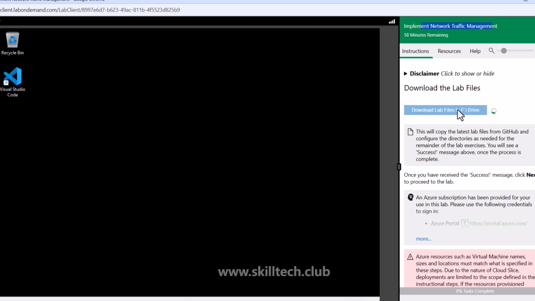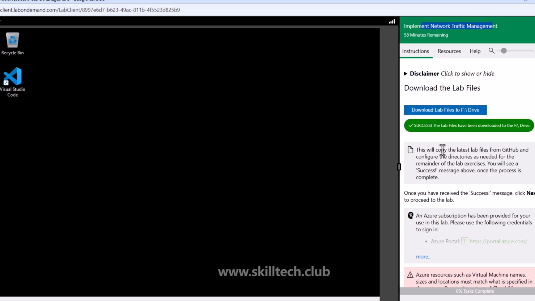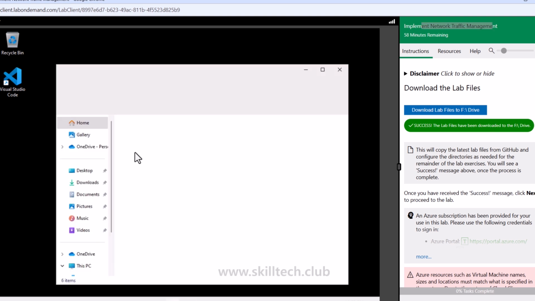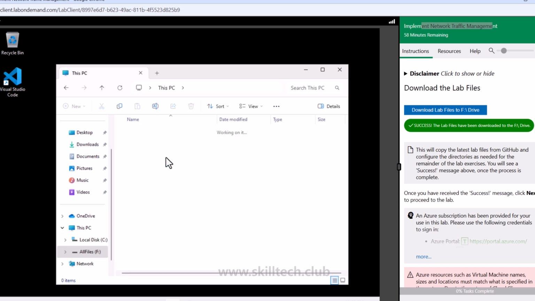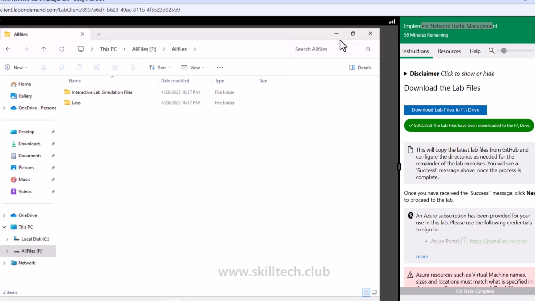In your case, guys, when you're dealing with this, you can use the lab files which are provided in the GitHub repository link, which I'm sharing with you in this particular video description. So just make sure you take the files from that. I clicked on the button and it is showing me that the files are downloaded in the F drive. So if I go to my lab environment, inside the F drive of this PC, the files will be there. This is the folder with all the files which I'm going to use